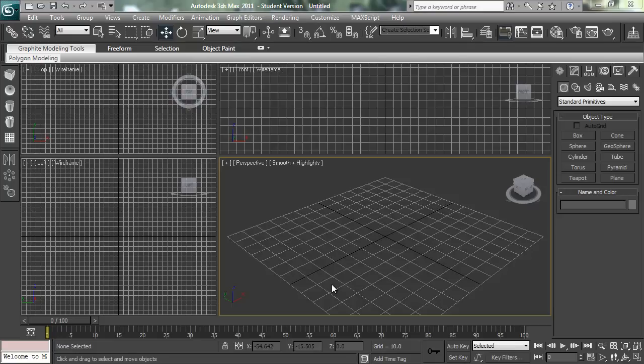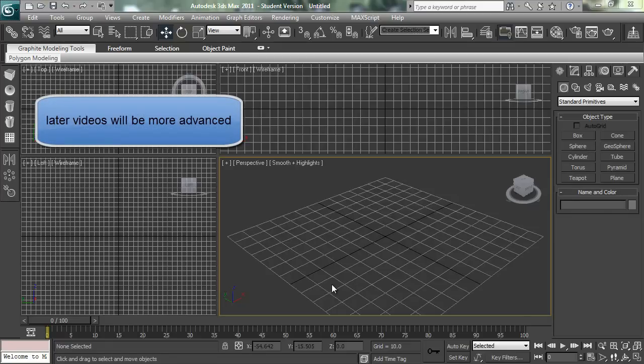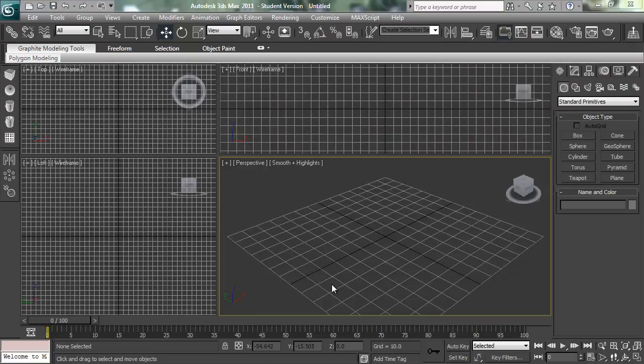It is aimed at intermediate level. I do expect a certain amount of understanding of the basics, but that said, some of the stuff may be very simple and you may have seen it before, so just bear with it. Hopefully there'll be some stuff that you've not seen before. It is not a series of how-tos and it is not comprehensive. So with that little disclaimer out the way, I'll jump into my first topic, which is sort of general using